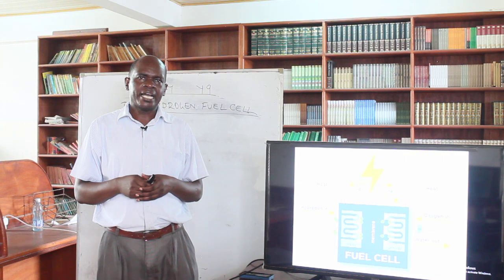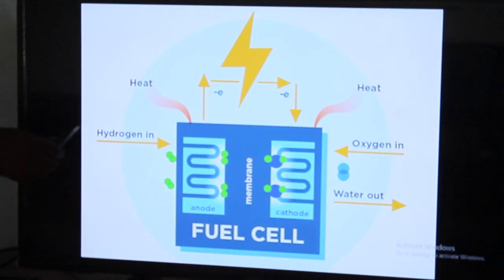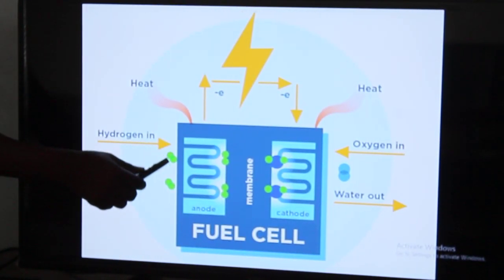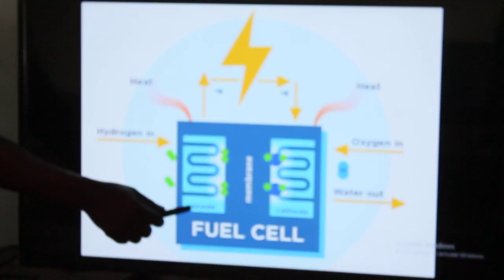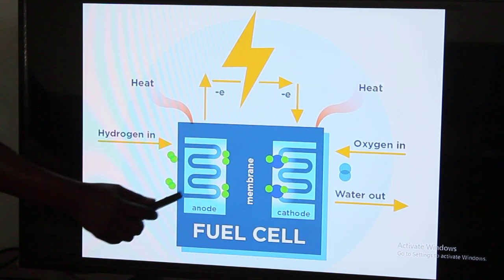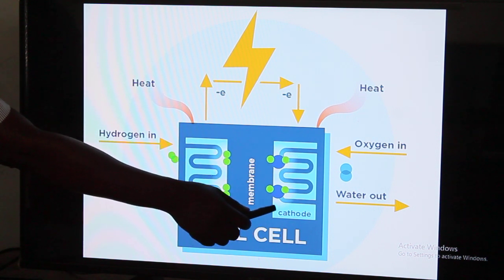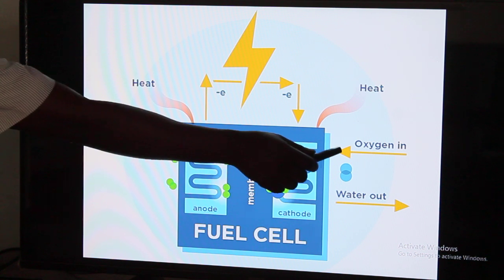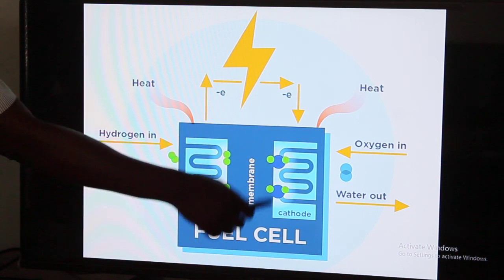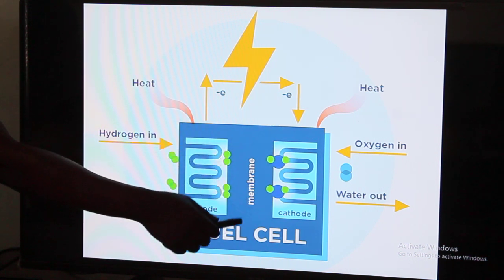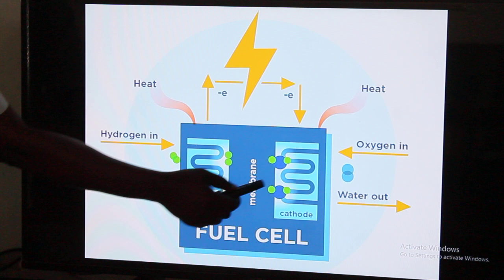Now, let's look at the hydrogen fuel cell. That's how it looks. In this part, we have the hydrogen gas coming in. And you can see we have a system of coiled wires that form what we call the anode. And then on the opposite side we have a system of coiled wires also forming the cathode. And in addition to that, we have oxygen coming in. So we have hydrogen coming in and then oxygen coming in, which means within the system we have a thin membrane separating the cathode and the anode. So the oxygen can pass through and the hydrogen can pass through, and then